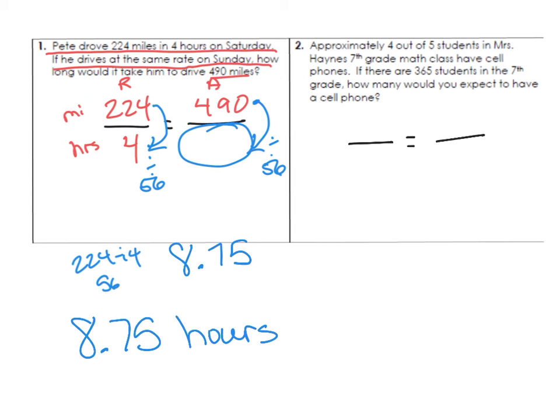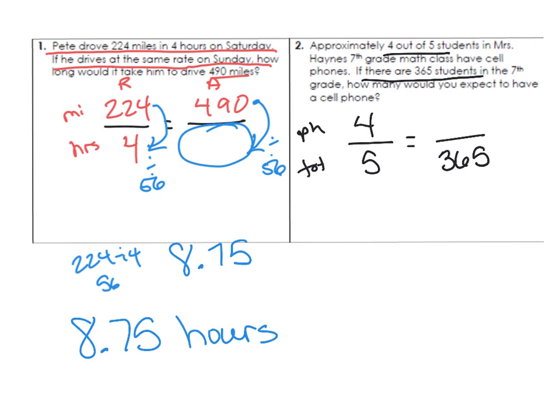Approximately 4 out of 5 students in Miss Haynes' 7th grade math class all have cell phones. 4 out of 5. So these are the ones that have it, which is 4. The total would be 5. If there are 365 students in the 7th grade, how many would you expect to have a cell phone? We're going to put that at the bottom,